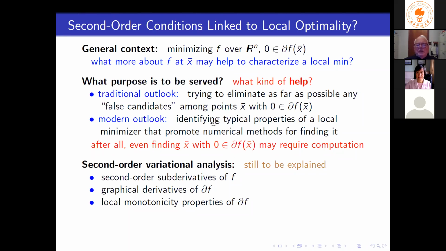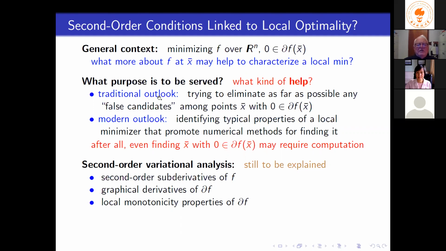They shouldn't be weird, unusual properties. They should be rather typical properties that can be expected rather generally and maybe verified in many, many cases. We're looking for properties of a local minimizer X bar that help you find it with a numerical method. And I think this makes a really big difference between these two outlooks, because in the classical